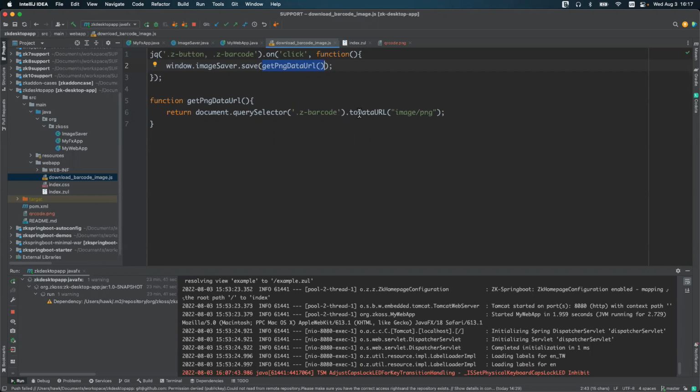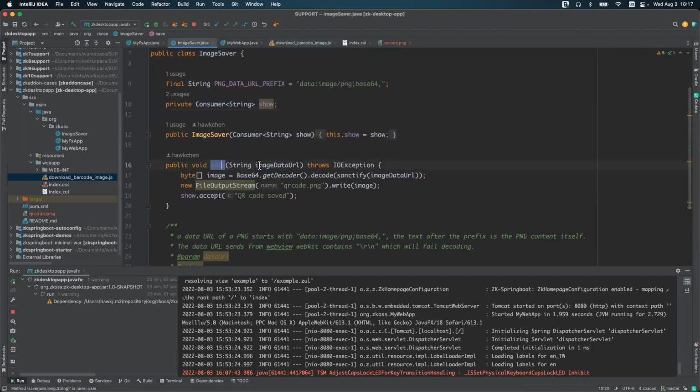I convert the canvas to an image data URL and pass this string into image saver. The image saver converts it into image bytes and saves it in my file